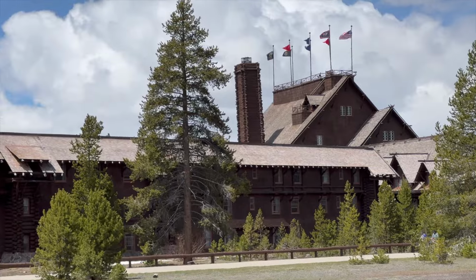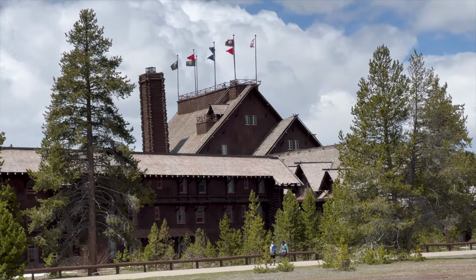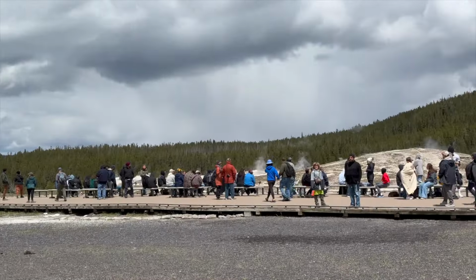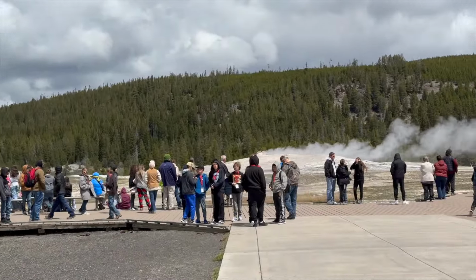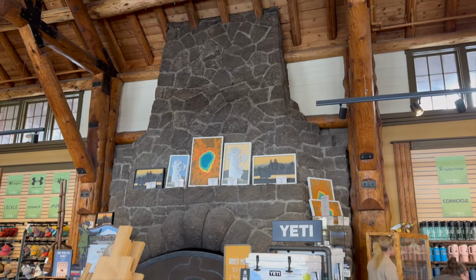Yellowstone seems to be broken up into little villages. Yesterday, we visited Lake Village and Canyon Village, and then today we're at Old Faithful Village. This is kind of how they organize the park, and each village has some kind of lodging, a hotel, a lodge, something like that, campgrounds, gas station, restaurants, gift shops. So the Old Faithful complex is, I think, the largest one in the park. There's a big inn here and a lodge and a visitor center and a bunch of other stuff to see,